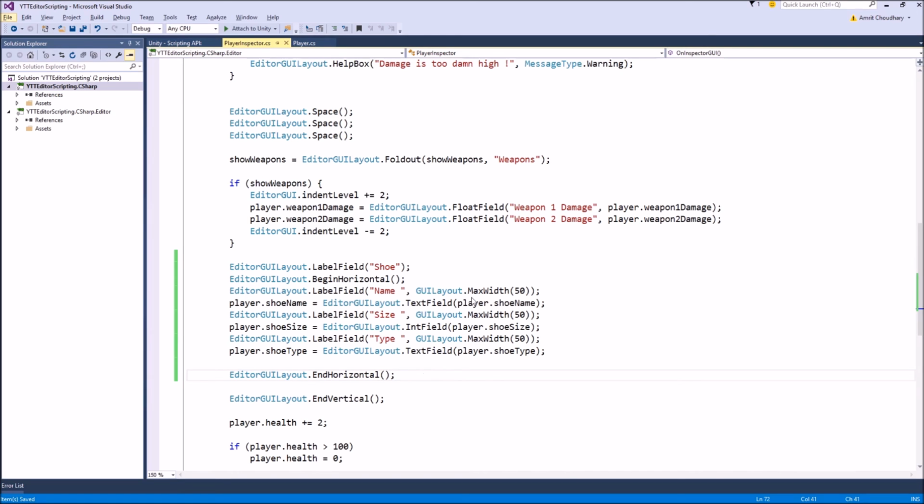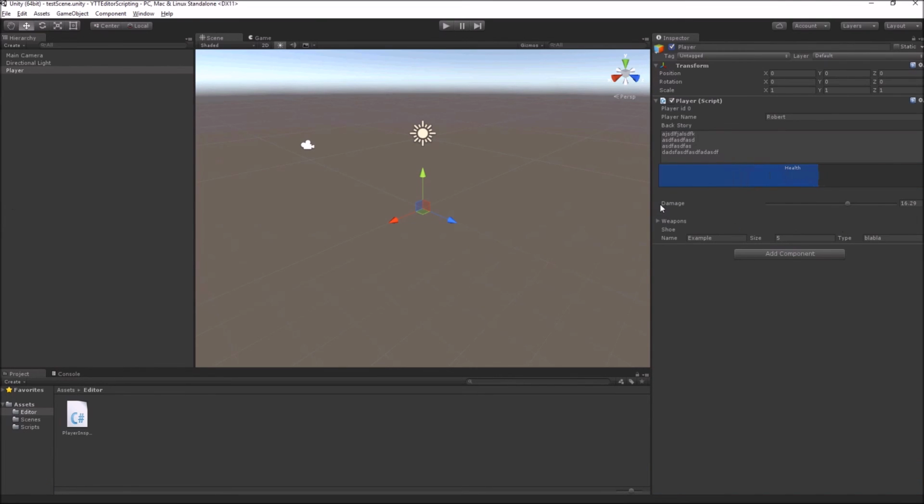The only thing to note here is that I have limited the width of some of those fields, like I have limited the width of the name, so originally if you write a label, it will try to take as much space as possible. Like this damage is taking this much space, then my slider is starting in this situation. So you want to limit the space your labels take. So the X here is taking just 10 pixels of space, my name here is taking only 50 pixels of space. I want to limit that space so that my fields can be bigger.